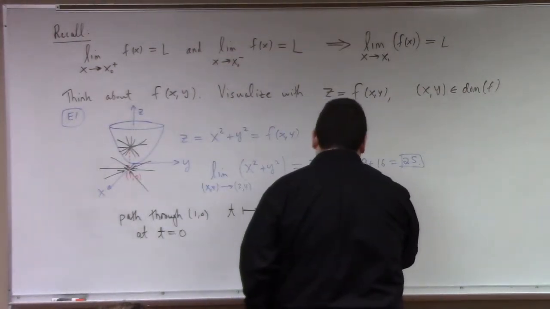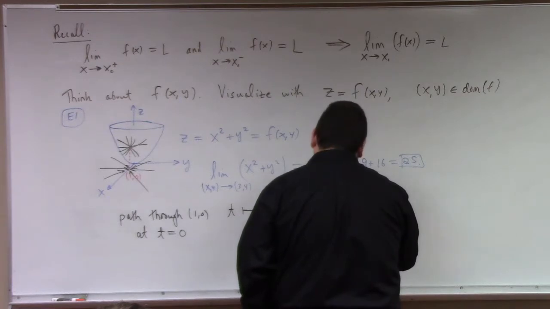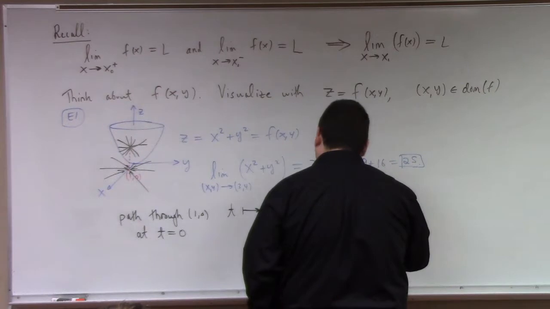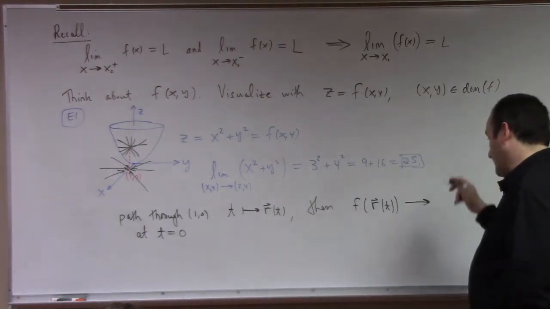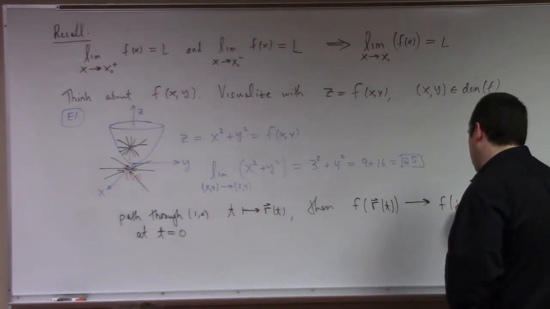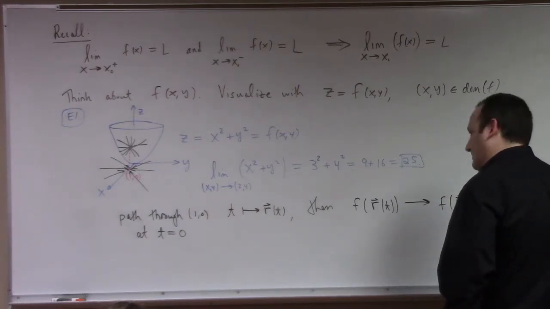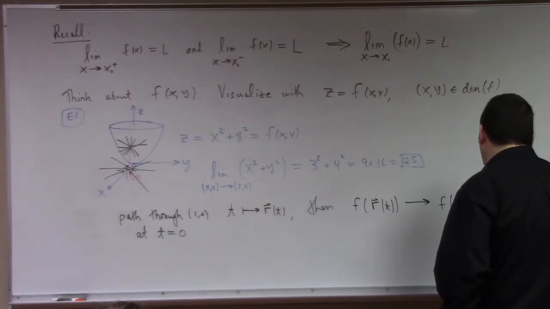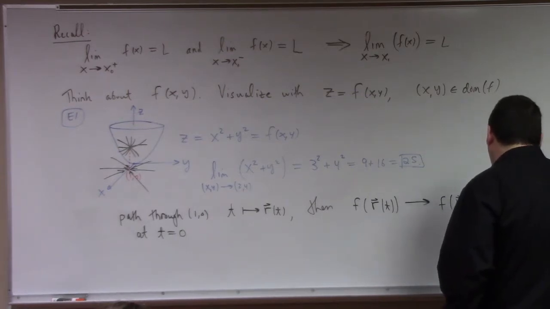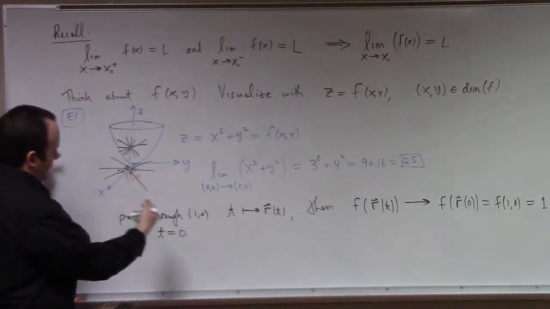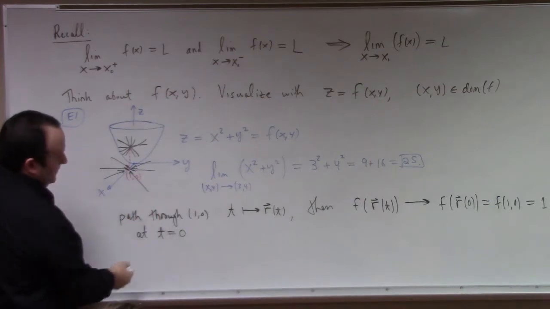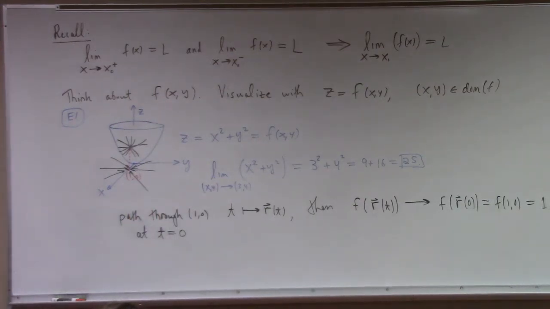If you look at f of r of t, what happens to that? That's going to go to f of r of 0, which I'm assuming is f of (1, 0), right? It's going to be equal to 1. It doesn't matter what path I pick. All the infinitely many different paths I can approach the point (1, 0) through, they're all going to correspond to